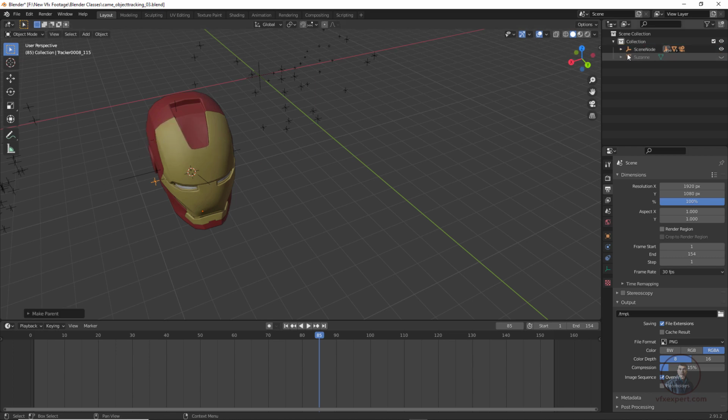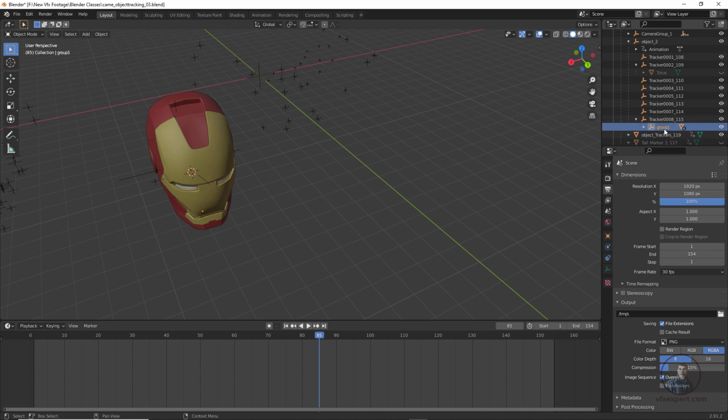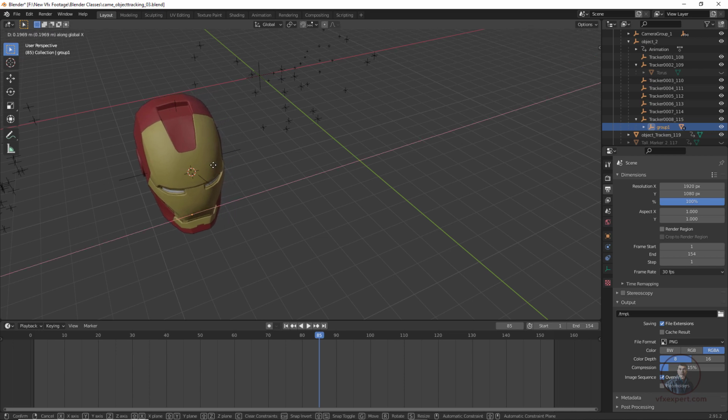Now again select your 3D model. If you see here, your 3D model group has moved into this tracker, which you have selected inside this one. Only then can you select your object. So again here I have selected. Now press G, again press X and place it at the exact position here.